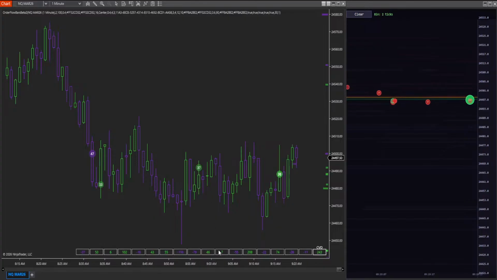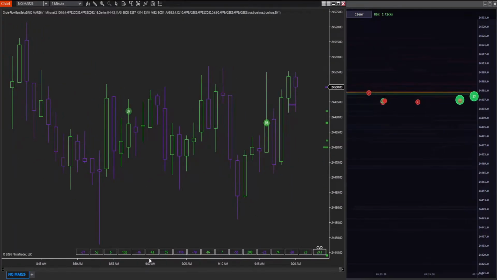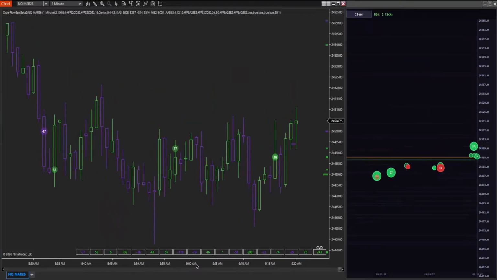Okay, so right here, I was just thinking about this. We have a sell imbalance right here. That's the sell imbalance, but they got absorbed because we closed above. So those more sellers than buyers, they got trapped a little bit. But I wouldn't trade this. For one, it's like 919,